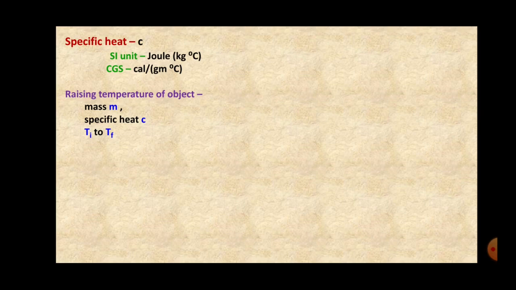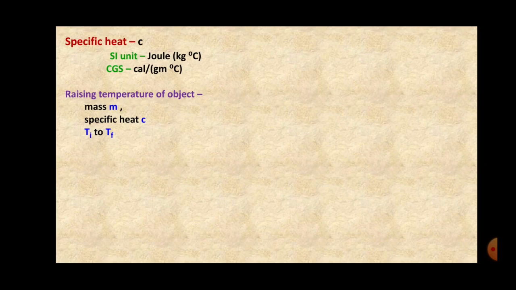Okay. So, if we want to raise the temperature of an object by 1 degree Celsius, then the amount of heat required is called the specific heat, and it is denoted by C,